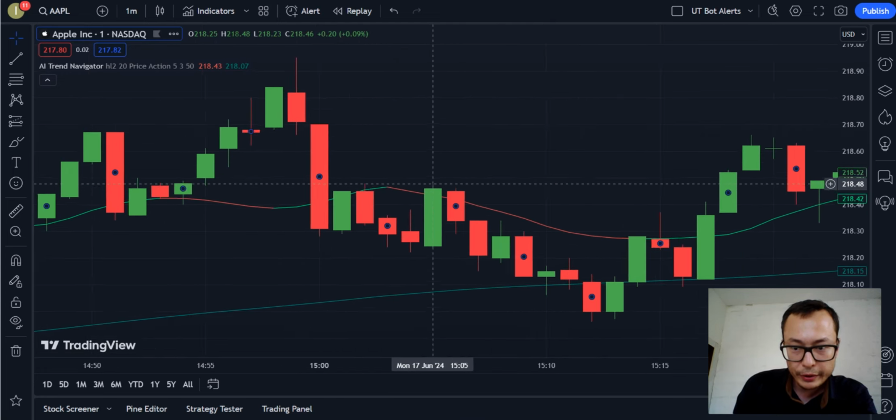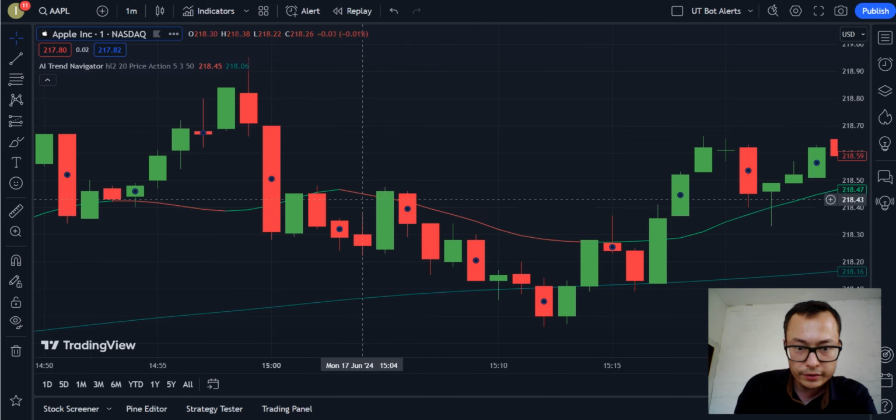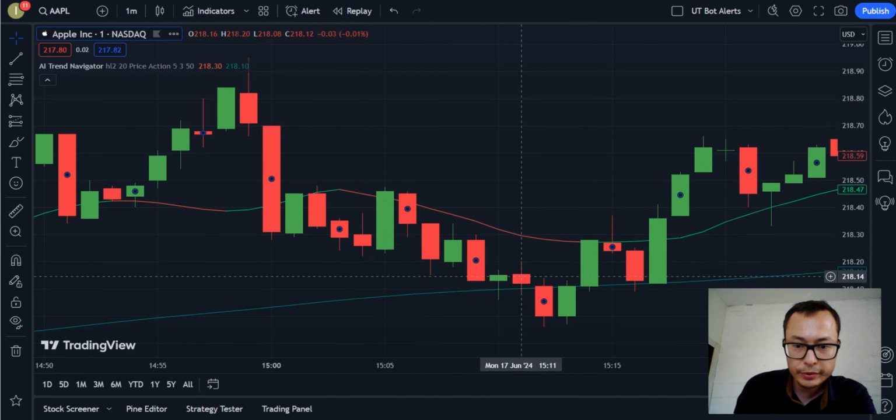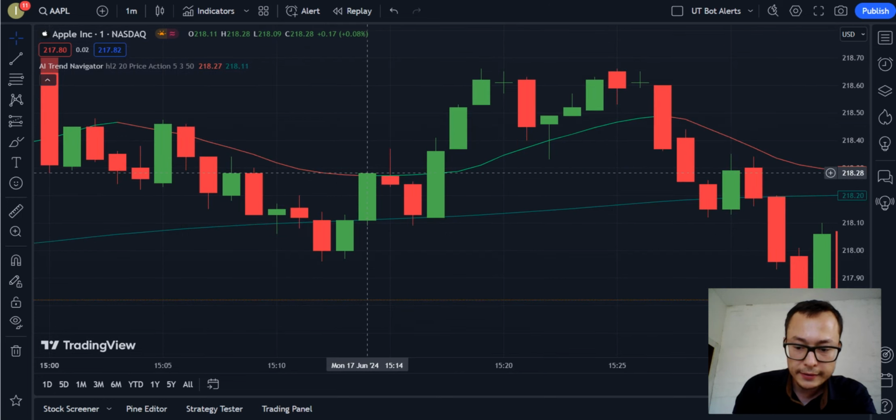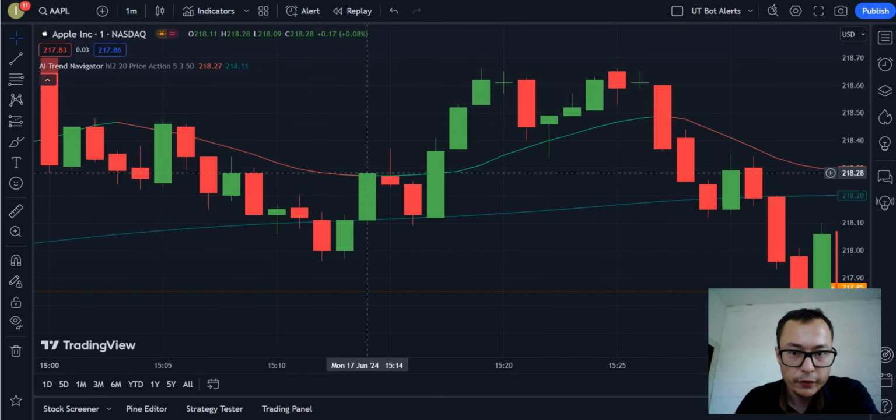And then we wait because the AI Trend Navigator turns red and it shows that the price of the Apple stock will decrease. We wait, and then we fast forward to 3:14 p.m. At 3:14 p.m., the AI Trend Navigator changes its color from red to green. At that point, we would submit a buy order for the Apple stock, and we would buy the Apple stock